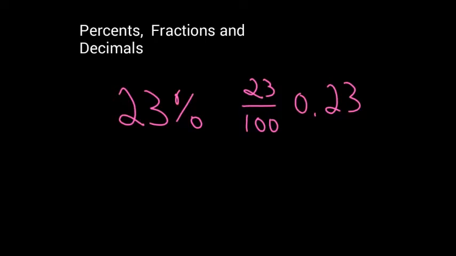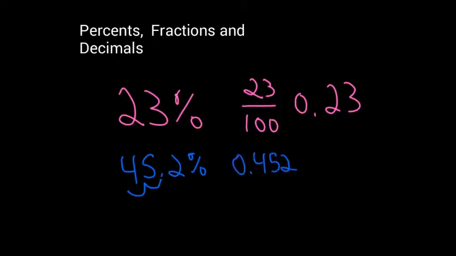So let's try another one. Let's say we have 45 and 2/10%. This time we're going to go straight to a decimal. So to turn a percent into a decimal, you're going to move your decimal 2 times to the left. So we're going to get 452 thousandths. So that's how you write it as a fraction, 452 thousandths. Now we can reduce that fraction,